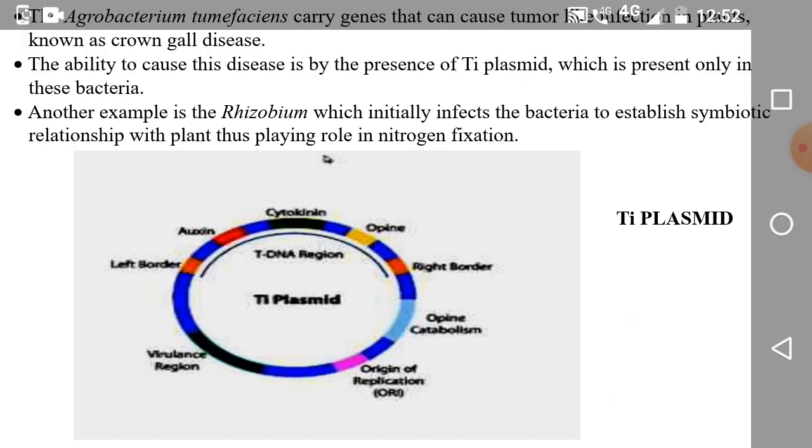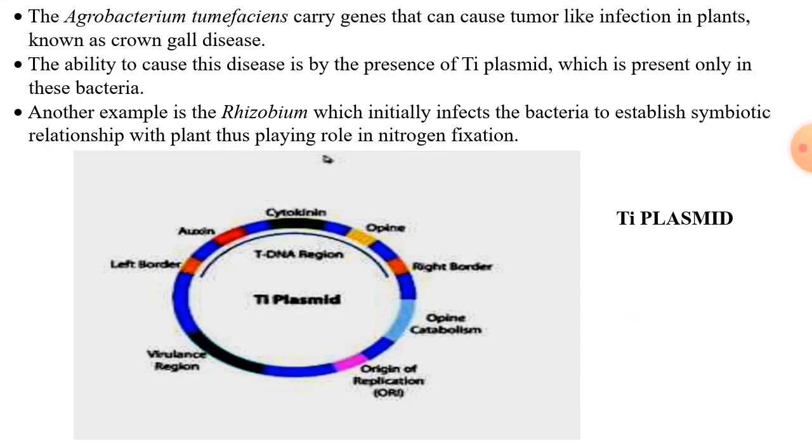Another type of plasmid is the plasmid which induces virulence in plants. A bacterium called Agrobacterium tumefaciens carries genes that cause a tumor-like infection in plants known as crown gall disease. Usually, this bacterium without the plasmid is actually harmless to the plant. It does not cause disease, but when the Ti plasmid is present,